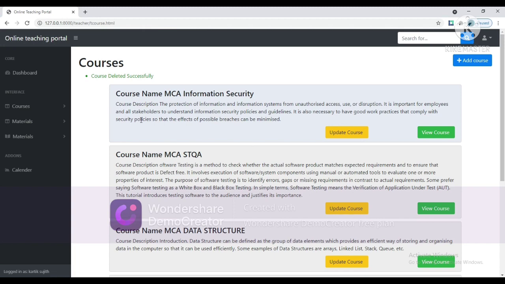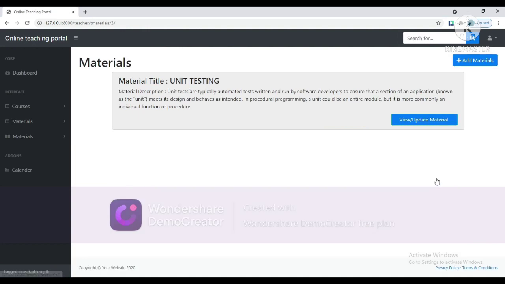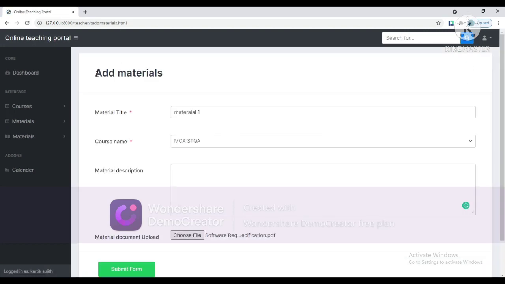So yes, moving ahead with the particular course name, and by clicking on this view course, you can see the list of materials that are available. If you want to add a new material, you can just click on add new material. This is the add material portal where you can add the material title and course name.